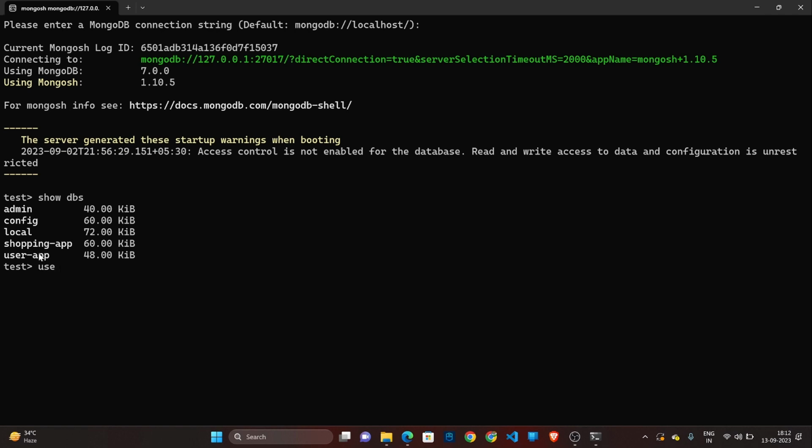If I just copy this, which is an existing database, and hit enter, it says switched to DB user app, which is already existing in my local memory. And now if I say use user, the database name is user, and it is not in my local memory. Okay, and I hit enter, it says switched to DB user. And now if I run the command show dbs,